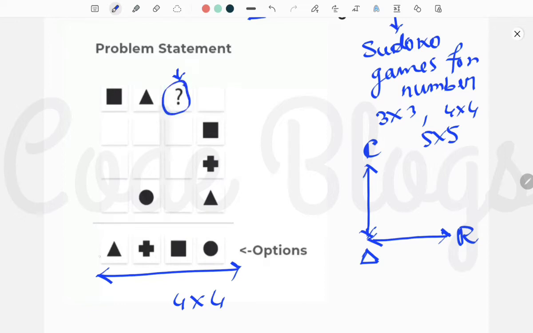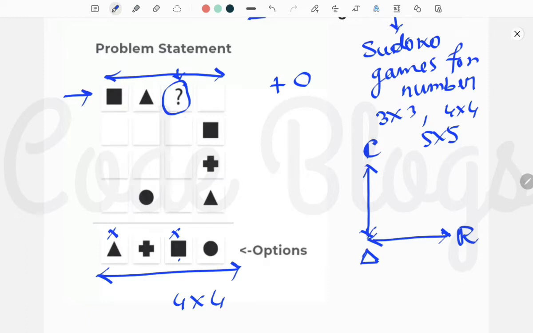So in this row there are already placed one square and one triangle. Triangle and square both are already put in this row, so in this row we cannot put these two, and the last two are available for putting in these places. So plus and circle are the two available options, and between the two, one is the answer. Okay, so to find